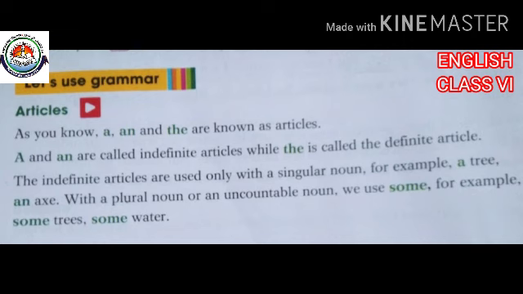Now let us see how we are going to use a, and how we are going to use an. For example, a tree and an apple. What is the difference between tree and apple as nouns? Of course, the beginning sound is different there. One is used with a consonant sound. T is a consonant sound. Tree. The letter T is a consonant letter and T is a consonant sound.